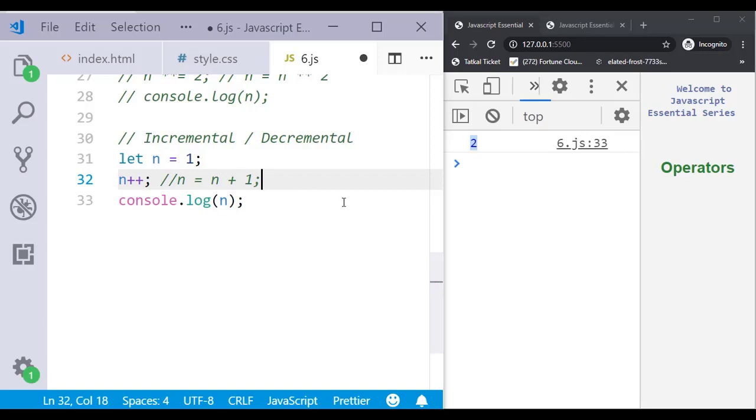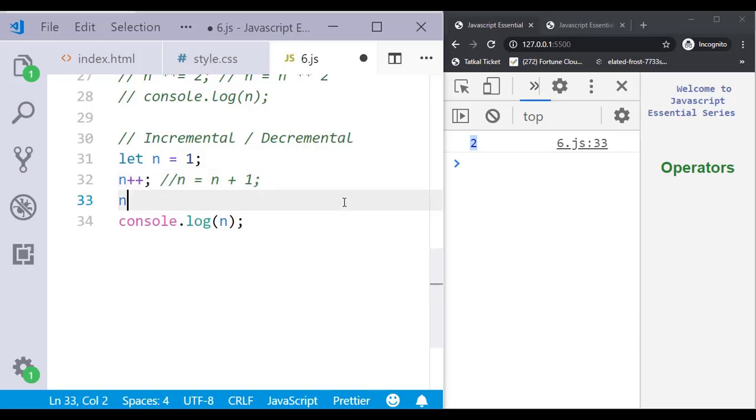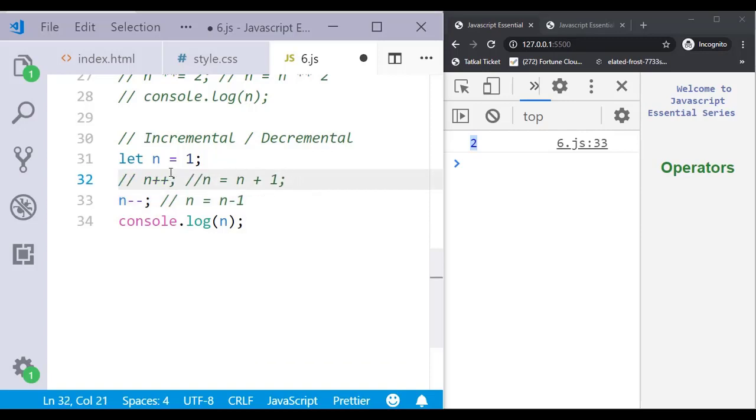There is the other way, same way it works: n minus minus also we can do. So n minus minus means it will just decrement by 1. So this will behave like n equal to n minus 1. If I comment this part, earlier n was 1, now it should become 0. So this became 0. So n minus minus is working.